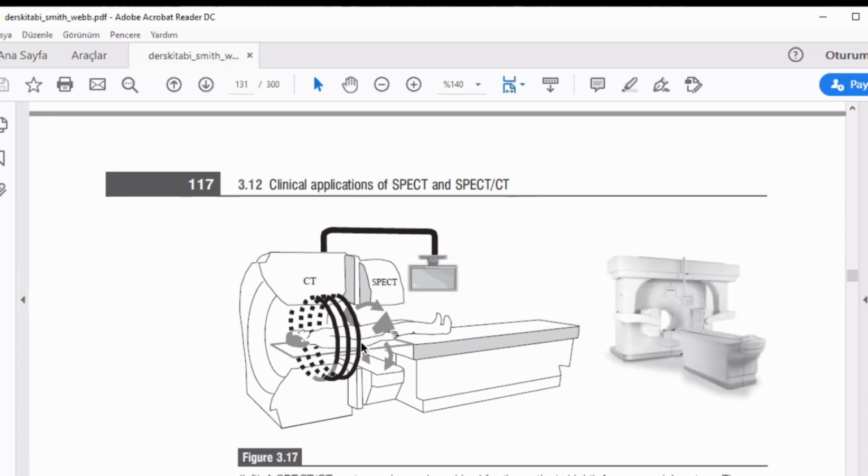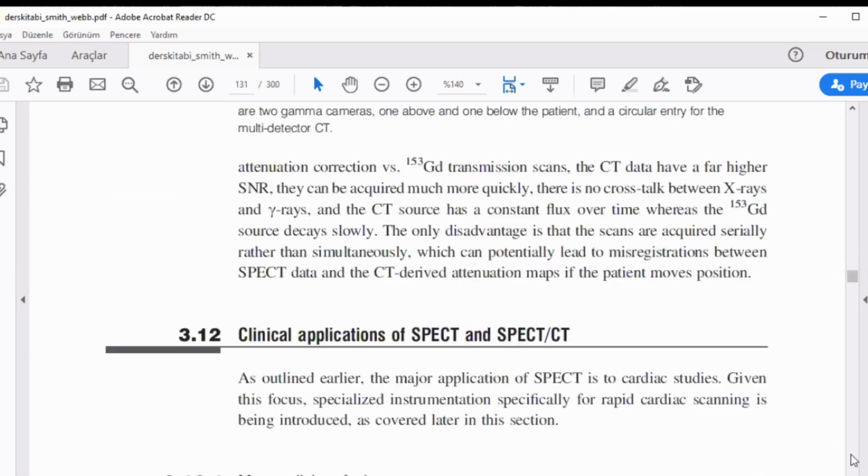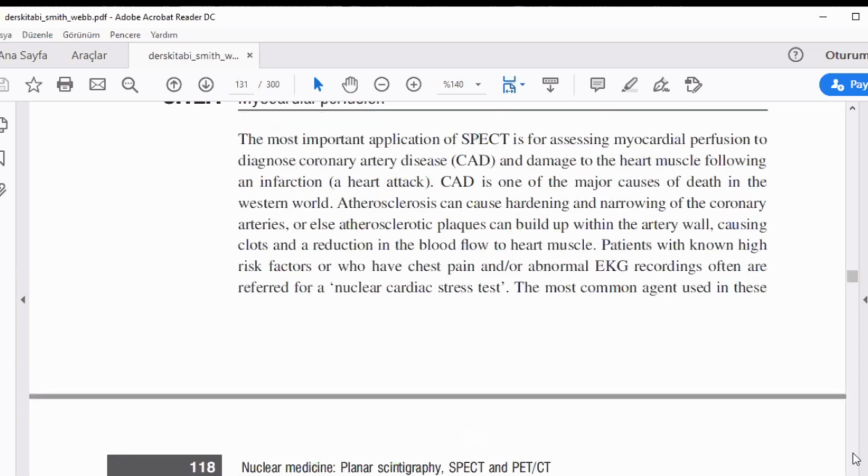So the patient sends gamma rays. These are 2 detectors, the gamma camera here in the SPECT region, and the X-ray tube and detector in the X-ray gantry. So here's the look of the whole system. This is a little bit thicker because 2 systems are side by side. So this is a combination. There are many SPECT CT systems in Turkey as well. And the clinical applications of SPECT and SPECT CT are outlined here, which is not the topic of our course